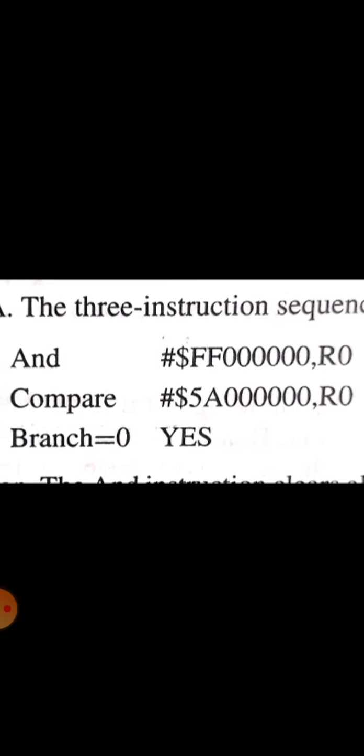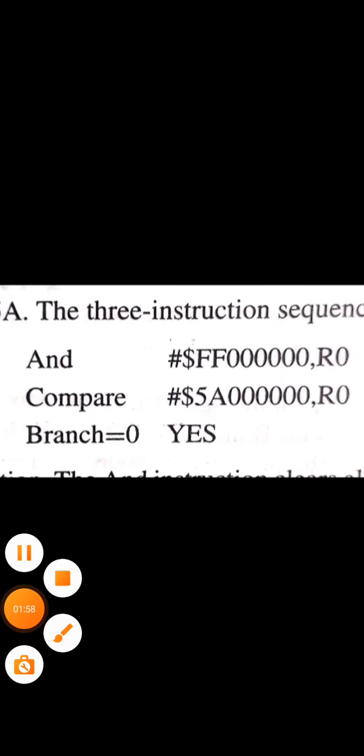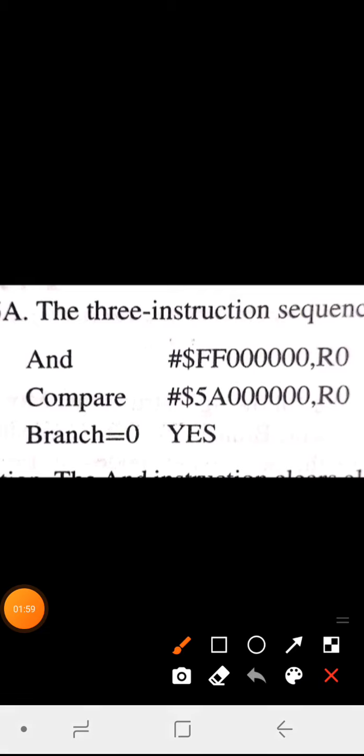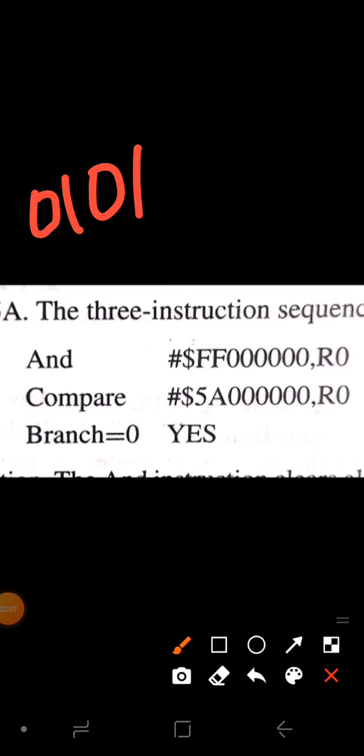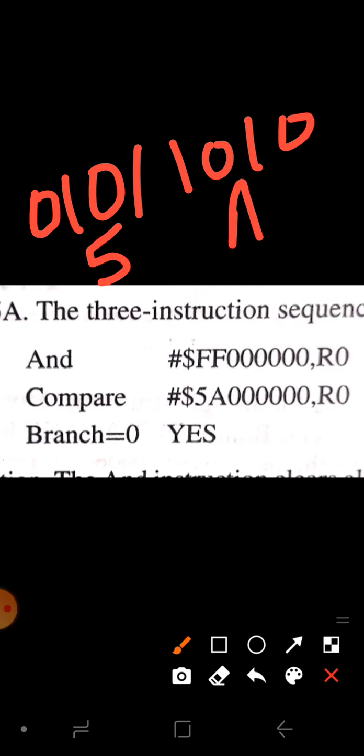If you want to clear a few bits of an operand to 0, then we can use the AND operation. For example, let us check whether the leftmost character is Z. If there is a match, then we branch to S. For Z, the ASCII representation is 0101 1010, which is nothing but 5A.